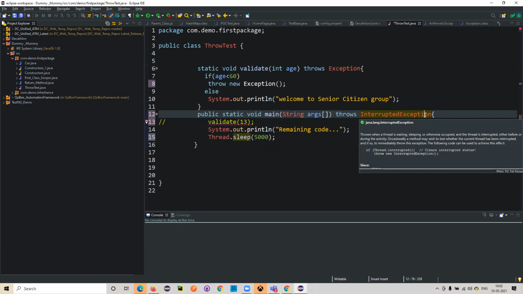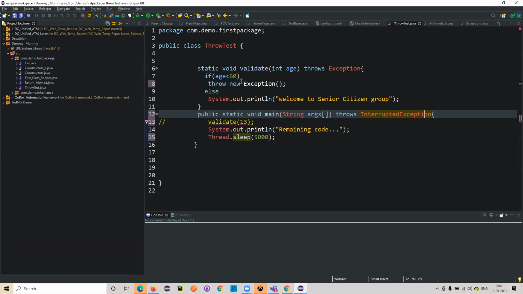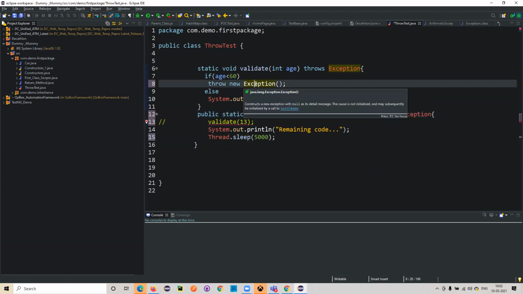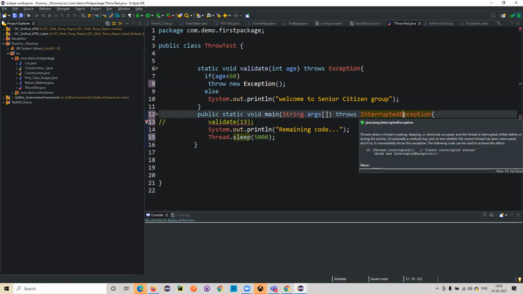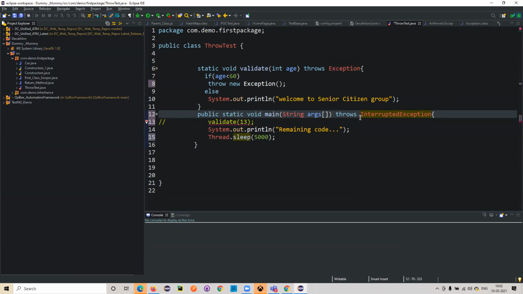Propagated means those particular exceptions are declared over here. So here we are explicitly saying to throw an error, and there we are saying that it may occur during our execution. Exception handling is when we have an exception, how to handle it. So here we are saying that you might encounter these particular exceptions, and you might have to handle them. That is what we declare at a throws level.